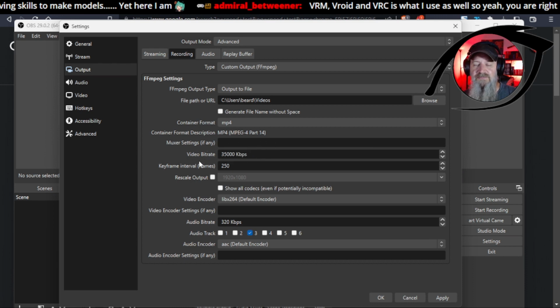The video bitrate. By default, if I remember right, this is going to be set to either 2500 or 6000. I don't remember. But because you're recording, you're not using bandwidth. We're not relying on the internet speeds. We're relying on your computer. So if you have 16 or 32 gigabytes of RAM or more, if you have a lot of hard drive space and you have a very good to decent